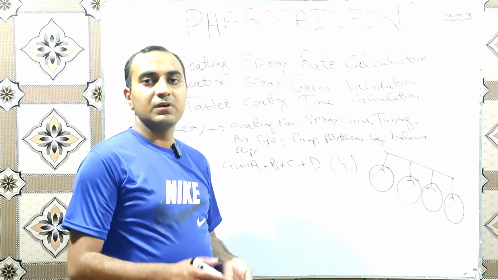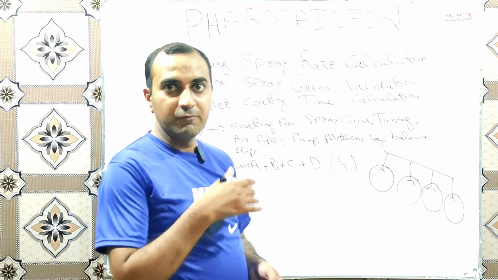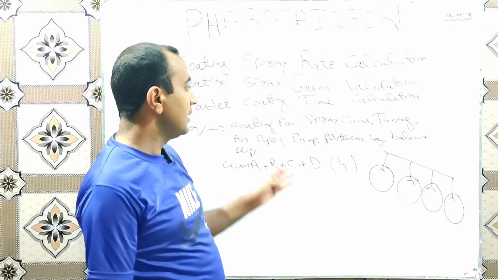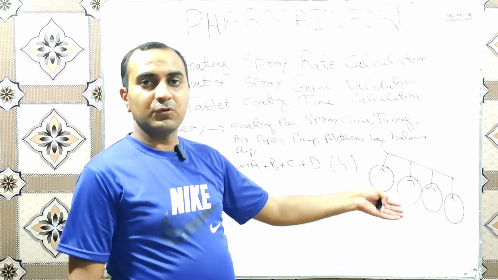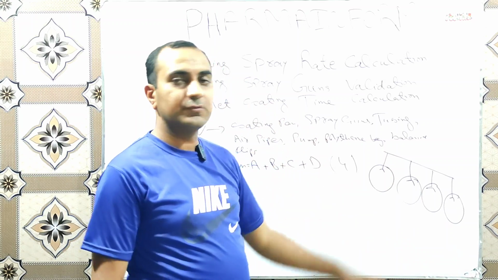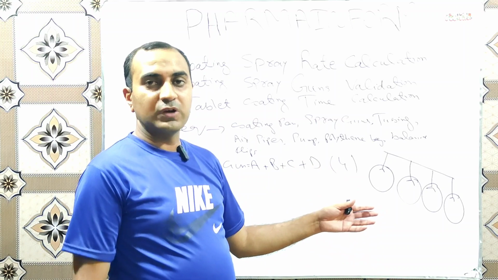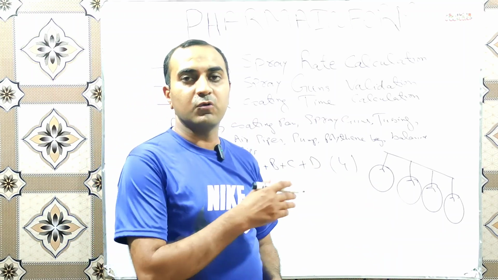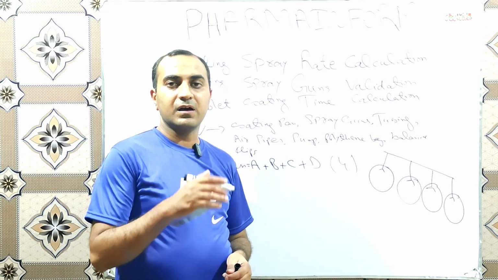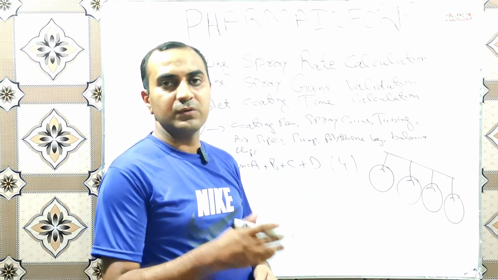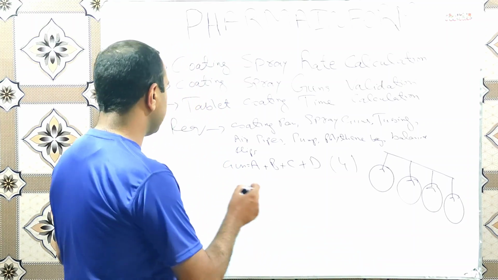And if you are going to calculate spray rate for a blank suspension or blank solution, you can use water as a spraying medium, so you can calculate the spray rate from each gun. Suppose we are going to calculate spray rate for a coating suspension which contains water as a solvent, HPMC, titanium dioxide, colorants and silicone, and its quantity is